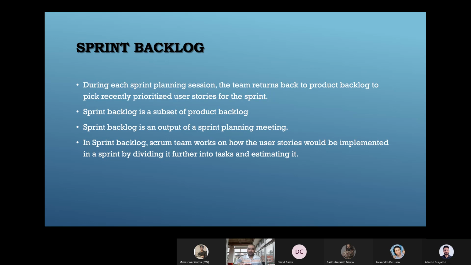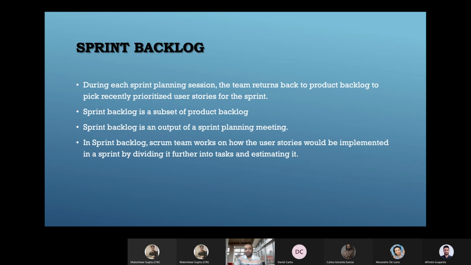As I was saying, you will have one sprint backlog for the current sprint, but a few product owners will practice for the next sprint. They can have some bucket sprint backlog for, say, suppose sprint 16. So when you are going to groom the sprint backlog during each sprint planning session, the team returns